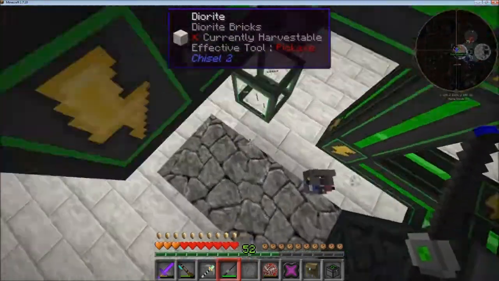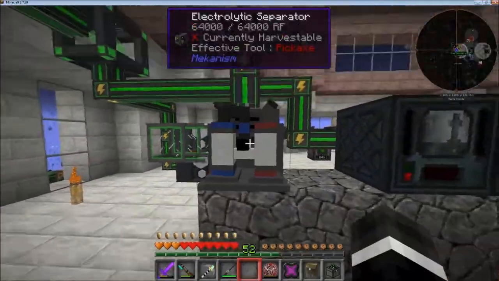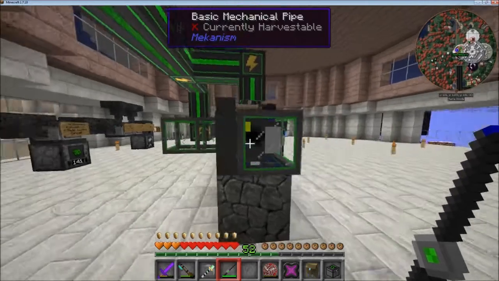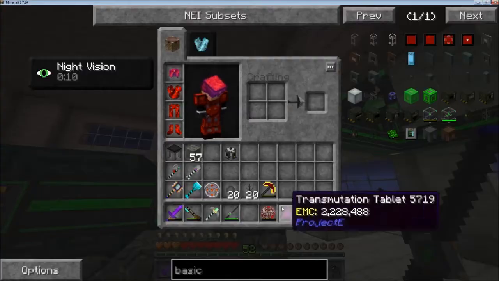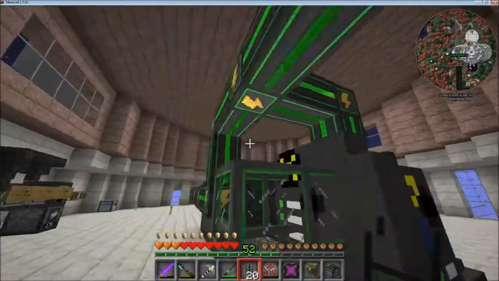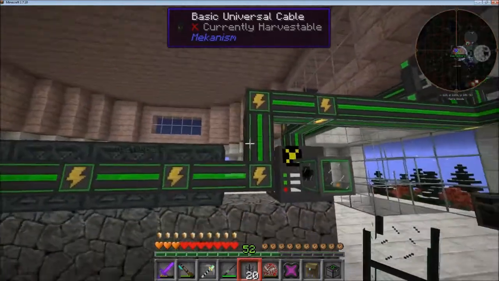Oh. Oh, come back, you darn thing. There it is. Okay, so, what? Where does the water come in? The back, I believe. We'll call it that. Oh, cool. That one has energy config. This one has transporter config, and that's it. Weird. Okay, so...